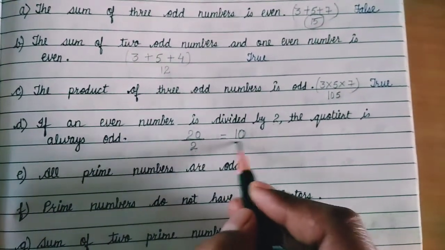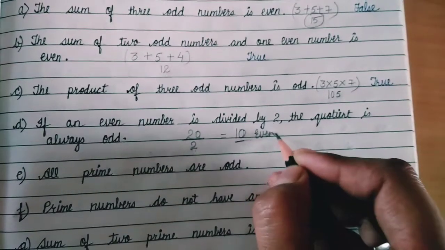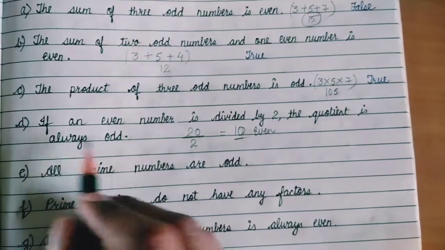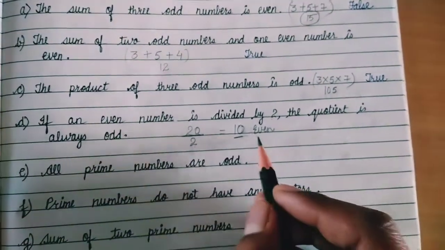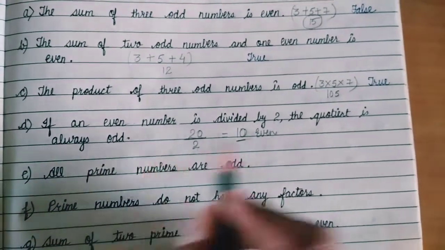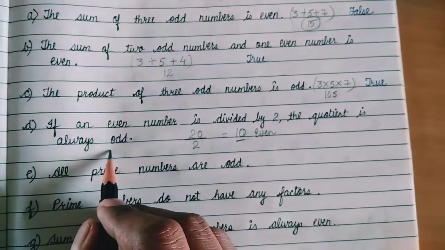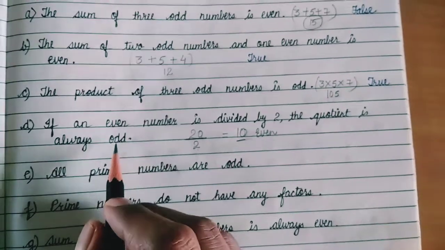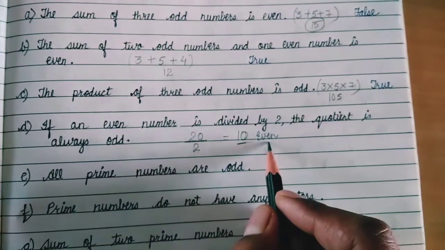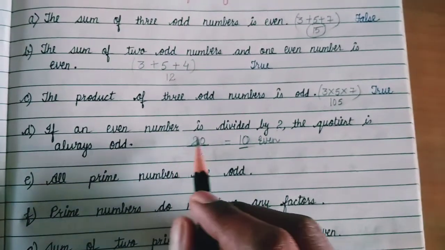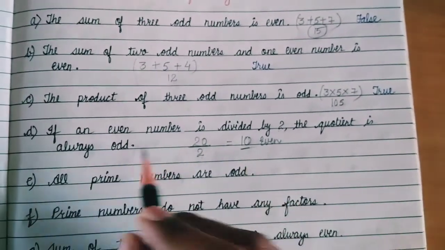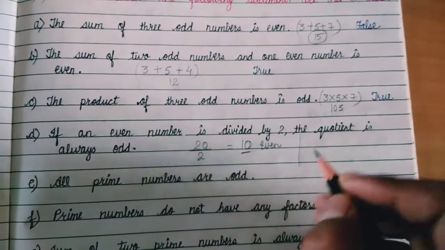So this time our quotient became even. But the sentence is telling us the quotient became odd. Directly we have a contradiction. Our answer is even, but the sentence is telling us odd. It is not necessary that it will always be even. It is not always necessary that the quotient of any number divisible by 2 is even. It can become even or odd, anything you can simply take.